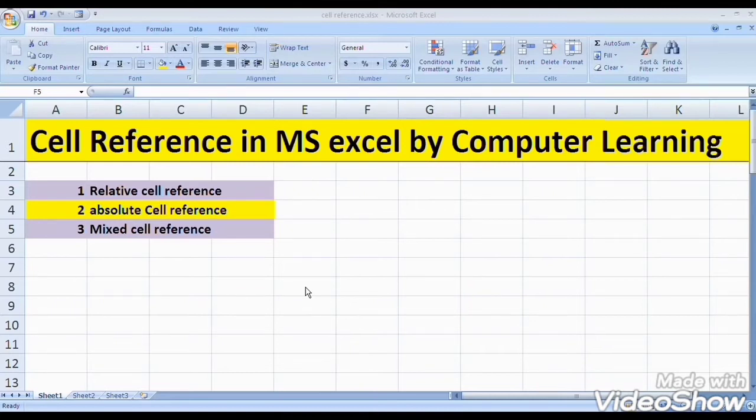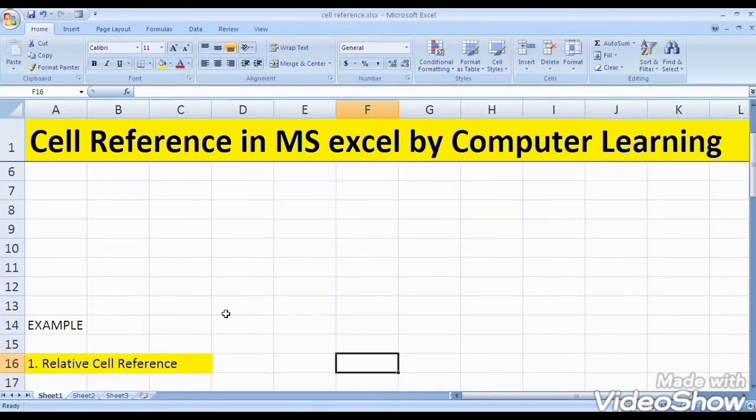These are the three cell references available in our chapter number 2, MS Excel more formulas and functions. Student, see page number 15, where the cell and range reference point is there. I will explain one by one.